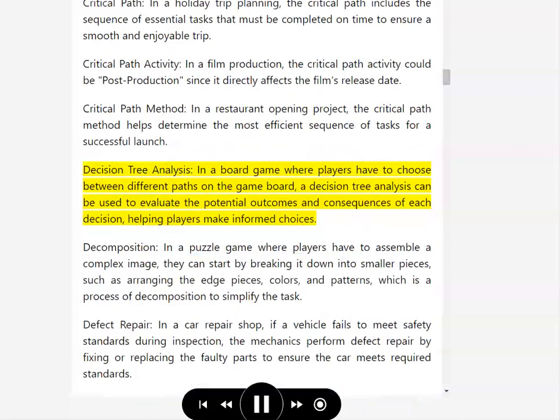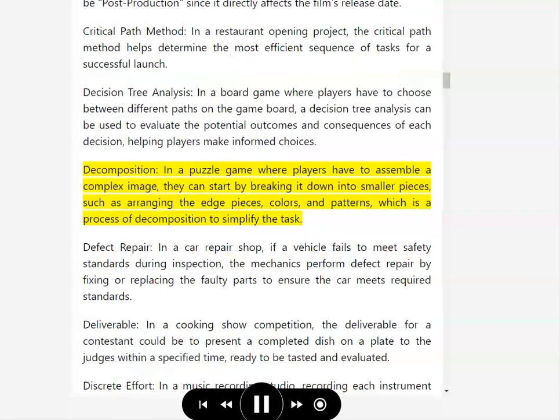In a board game where players have to choose between different paths on the game board, a decision tree analysis can be used to evaluate the potential outcomes and consequences of each decision, helping players make informed choices. Decomposition. In a puzzle game where players have to assemble a complex image, they can start by breaking it down into smaller pieces, such as arranging the edge pieces, colors, and patterns, which is a process of decomposition to simplify